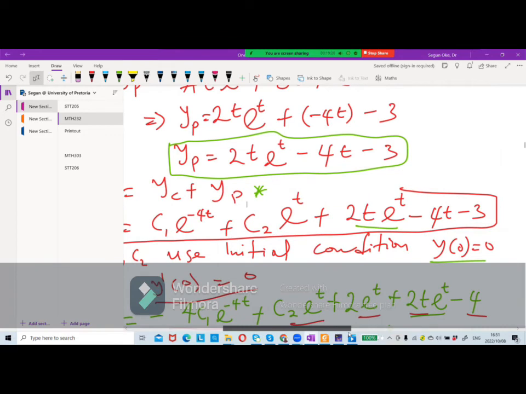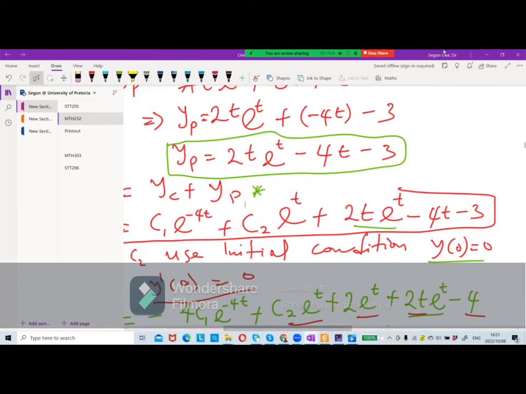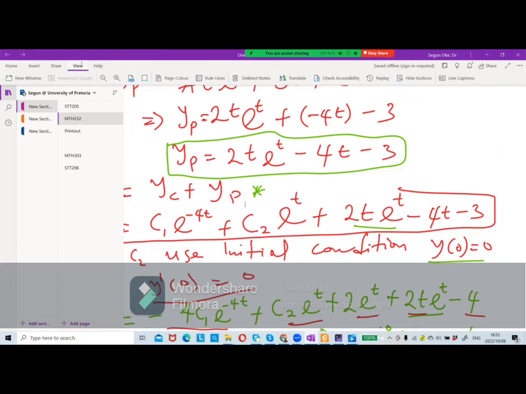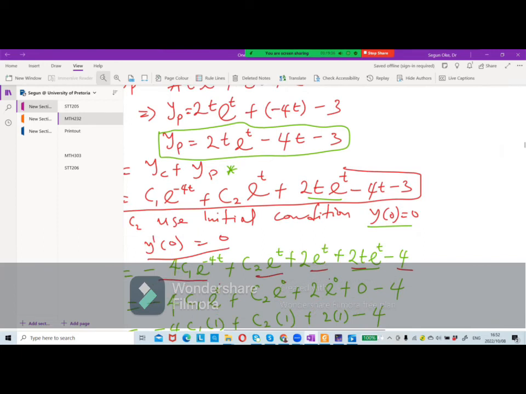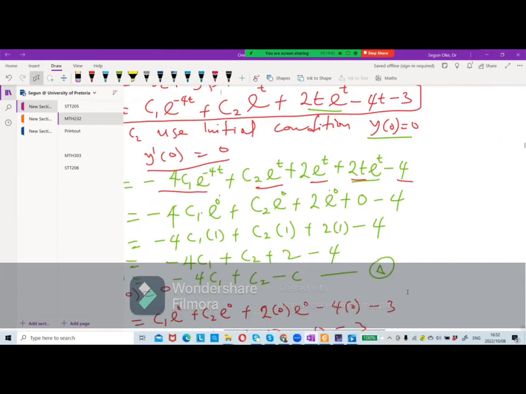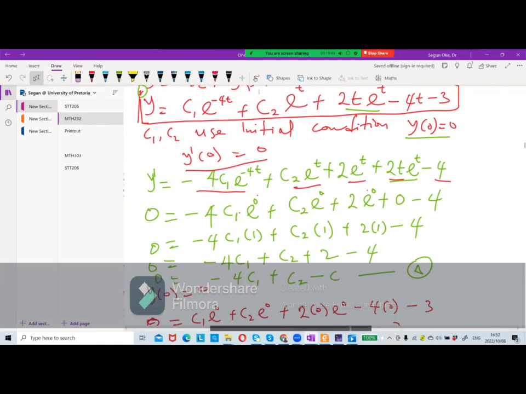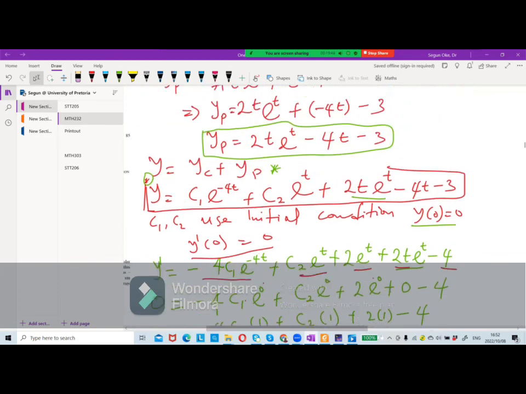So when you have this together and it is equals to this, that now gives us another privilege to be able to solve for so many things at the same time. So in this case, we have general equation to be